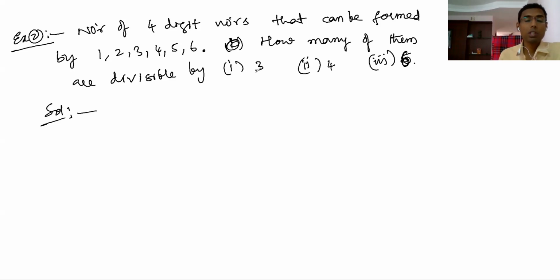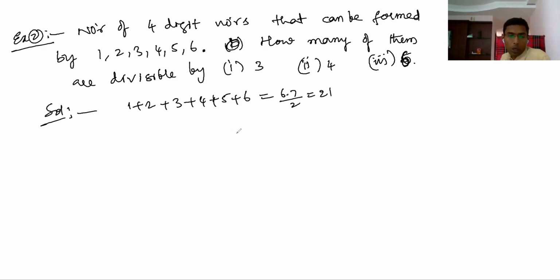So that means sum should be divisible. Now total sum is how much? 1 plus 2 plus 3 plus 4 plus 5 plus 6. So total now 6 into 7 by 2. That is 21. So 21 is divisible. That means what? Why I am doing like this is I have to take 4 digits, na? So now let's take 4 digits. What is that first case? What I will take is I leave 2 digits, I have to select 4 digits. 3 and 6 I will remove.